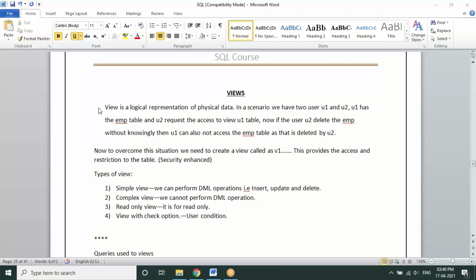A view is a logical representation of physical data. What do you mean by this actually? Where it is used in real time, we'll first understand the concept. What is a view first?